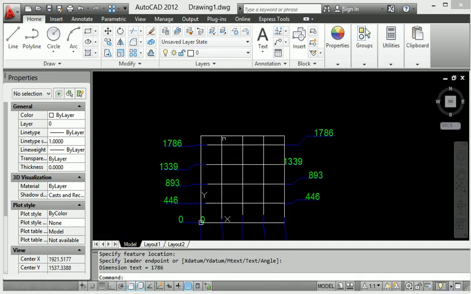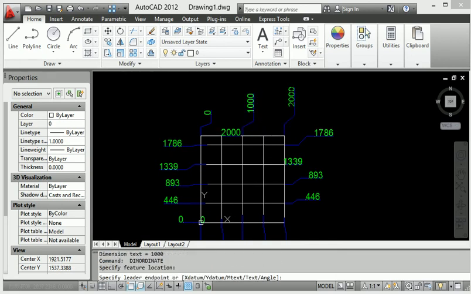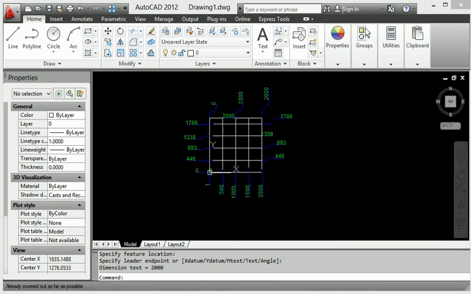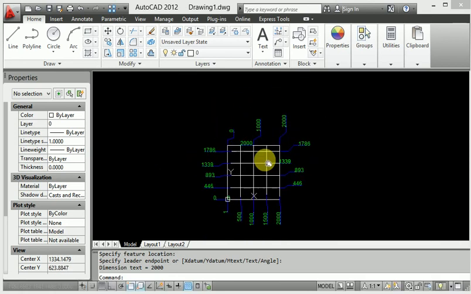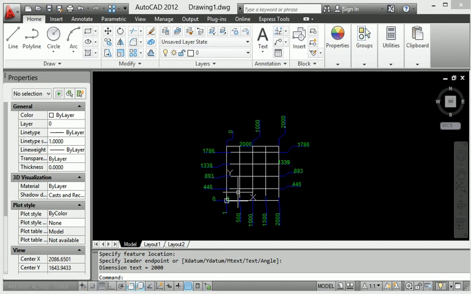Then the same thing, again I will show you the dimension here is 0, then give this here, then also give this here. It is very useful for ordinate dimension like that, counting from origin to end point, origin to end point.